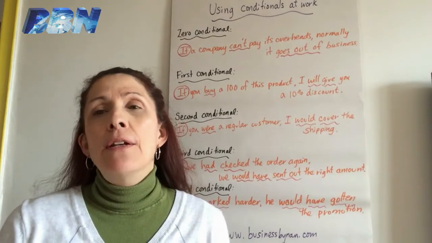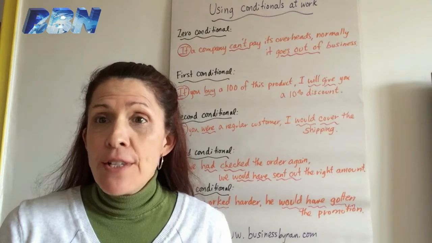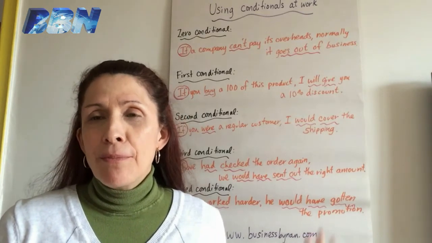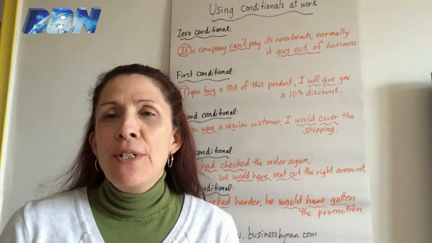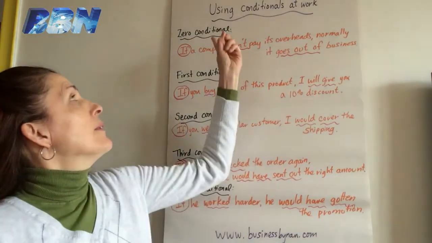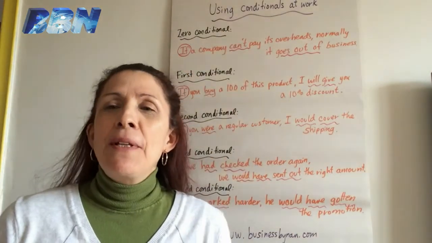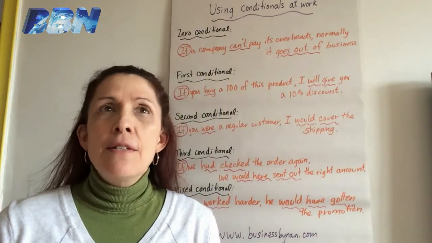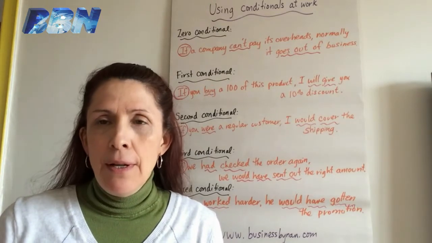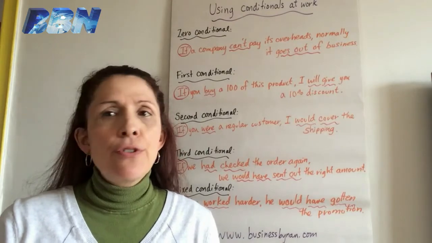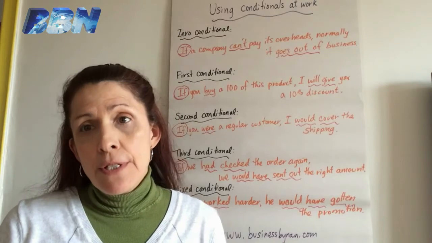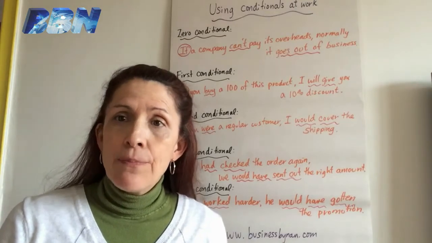So this can work on not only phrases, but also using the correct grammar. So I've put up some examples that might help you of using the different conditionals at work. The zero conditional is something that we use when it's a general truth. It's going to happen. It's not talking about the future, it's just talking about every day. And so normally we use the present simple and the present simple again. For example,